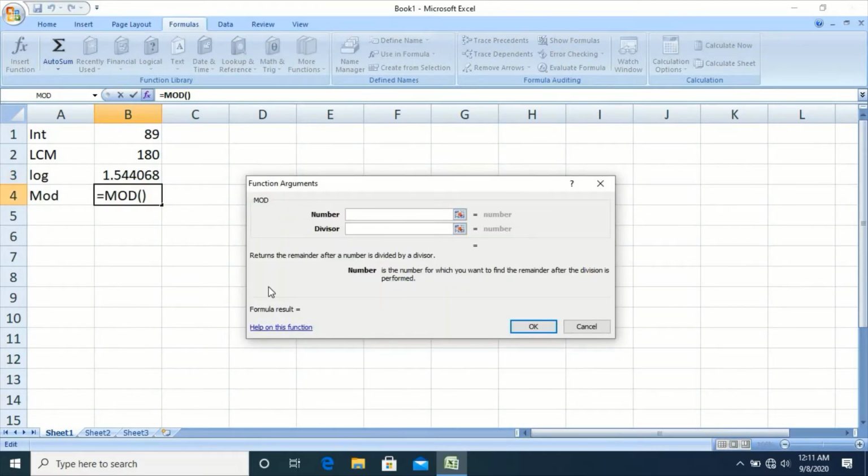Mod function returns the remainder when a number is divided by a divisor. So it has two inputs, number and divisor. If the inputs specified are 20 and divisor is 3. When we divide 20 by 3, the remainder which we will get is 2. That is 3 6 are 18. 20 minus 18 is 2.